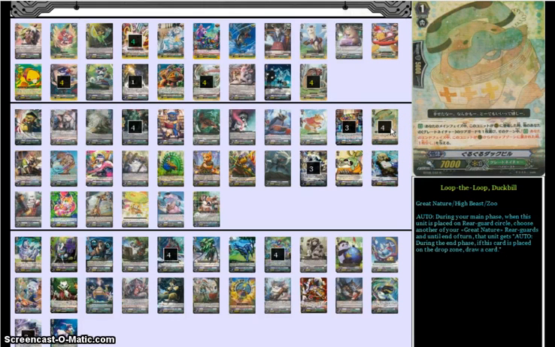It's actually Coiling Duckbill. During your main phase, when he's placed in the rear guard circle, you choose another one of your rear guards, and he gets the ability of that during the end phase, when it's placed in the drop zone, you draw a card. Now this is kind of important, because placed in the drop zone is specific rather than just retiring. So if there's something that your opponent has, or an ability, or whatever that's not yours that puts it into the drop zone,